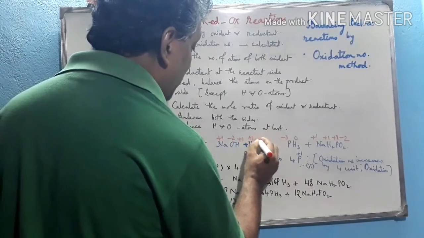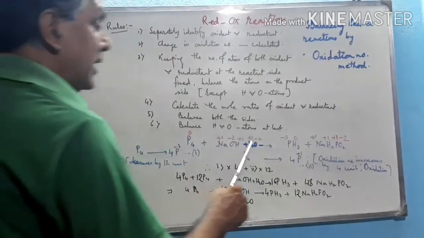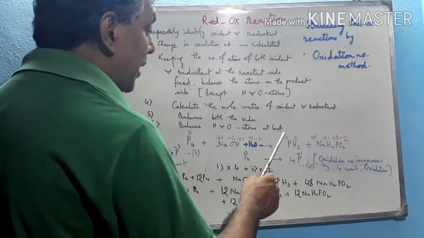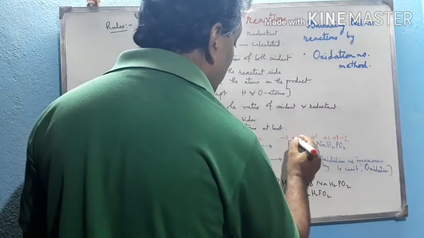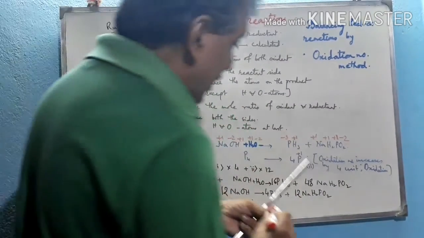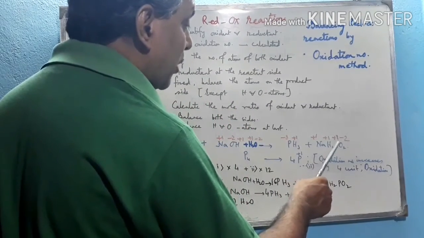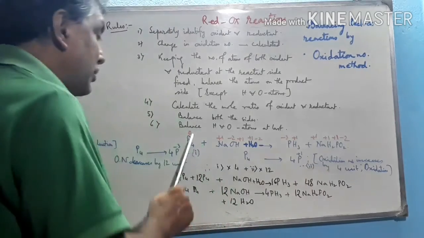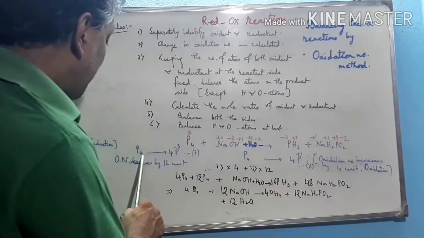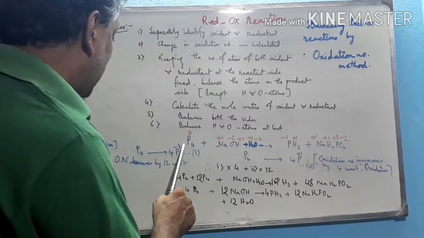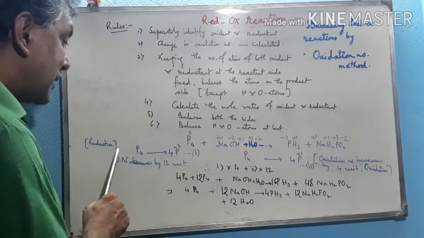Here hydrogen is plus 1, oxygen minus 2, but the oxidation numbers of hydrogen and oxygen are not changed here. In PH3, phosphorus is minus 3 and hydrogen is plus 1 here, not 0. In NaH2PO2, sodium is plus 1, hydrogen is plus 1 also, oxygen is minus 2. By calculating the oxidation number of phosphorus, we get plus 1. Now see that phosphorus goes from 0 to minus 3, P4 to P minus 3. Now oxidation number decreases from 0 to minus 3 and hence it is a reduction process.